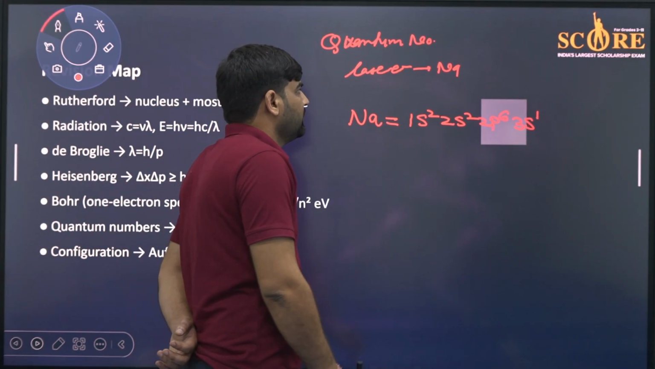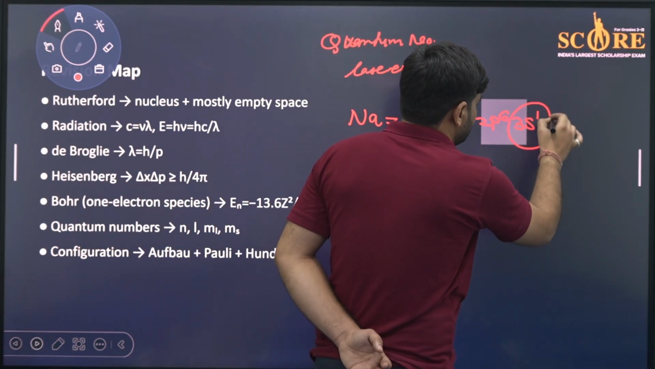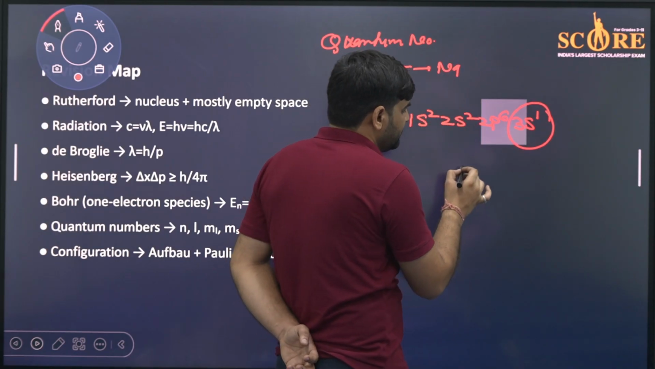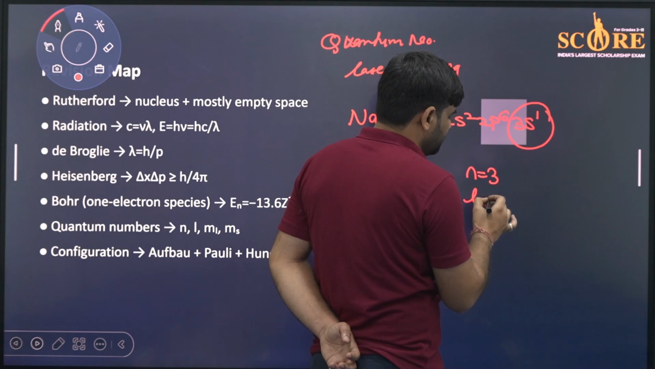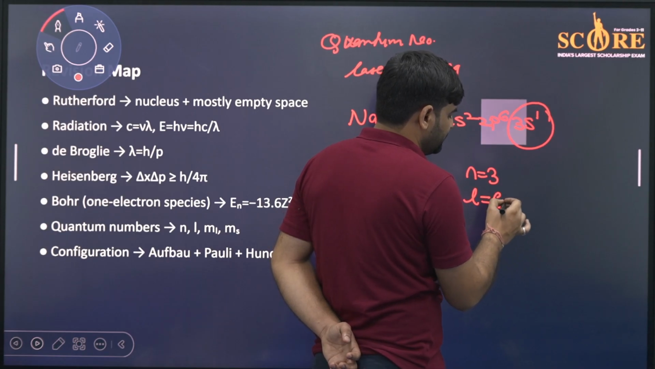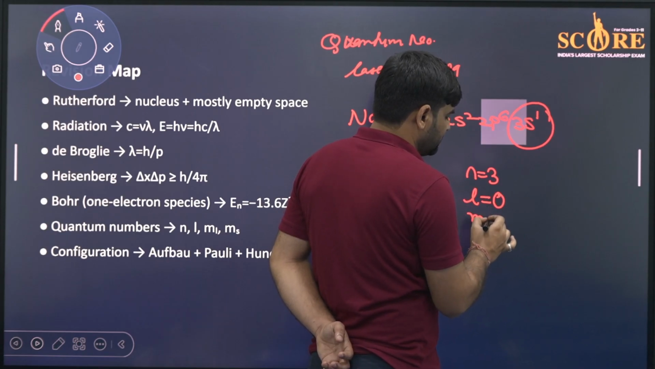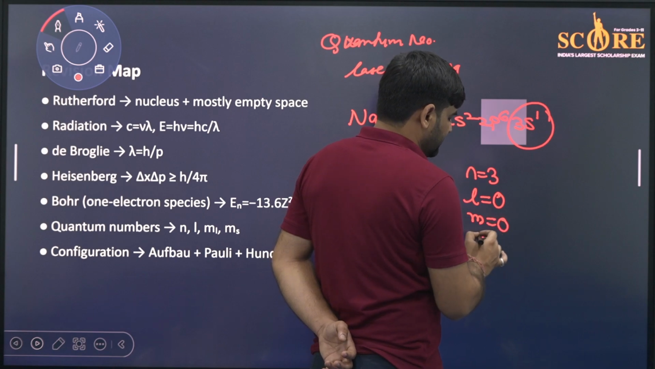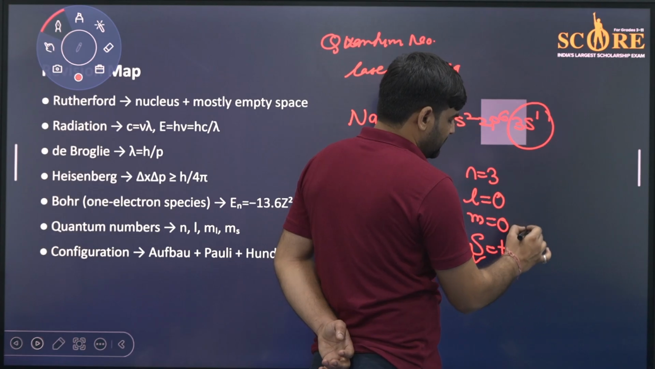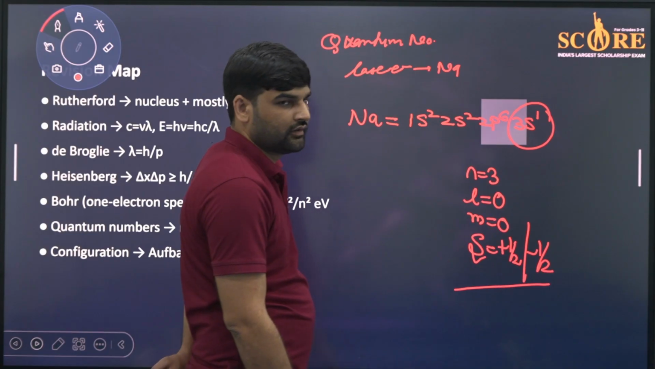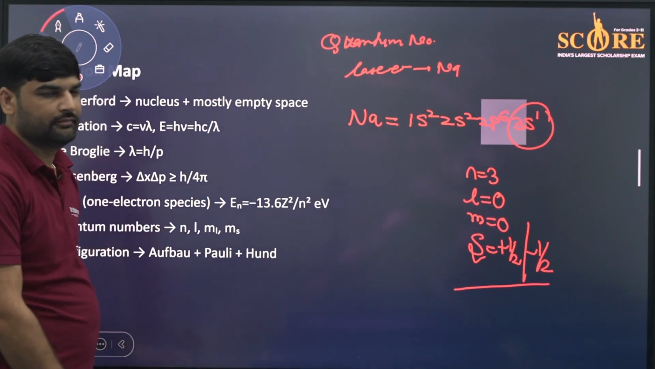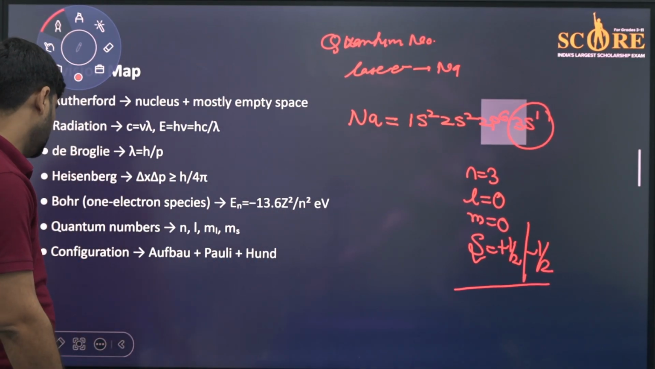So the last electron is this. Principal quantum number equals 3. Azimuthal quantum number equals 0. Magnetic quantum number is 0. Spin quantum number is plus half and minus half. So this is a simple basic question. Next